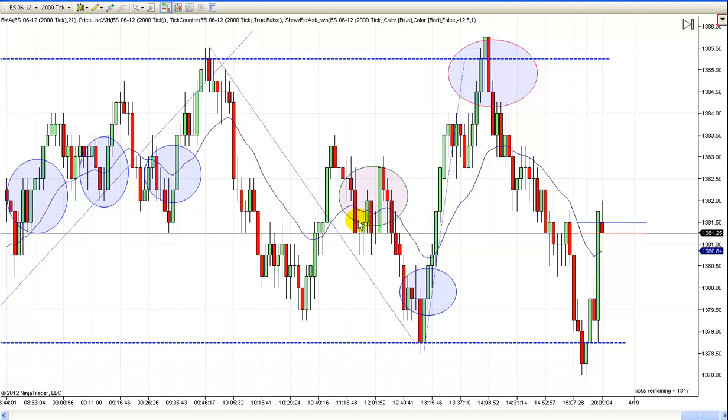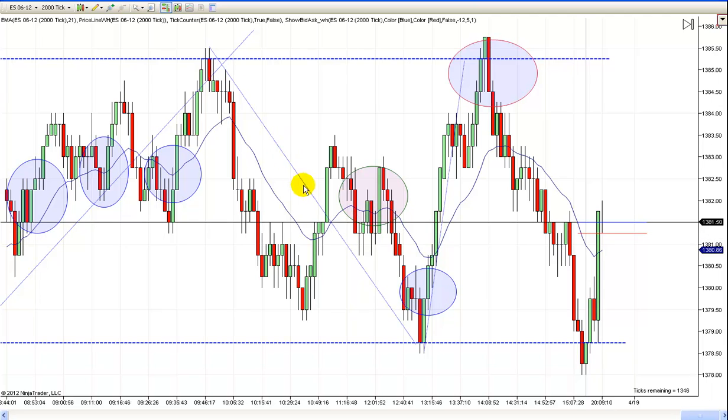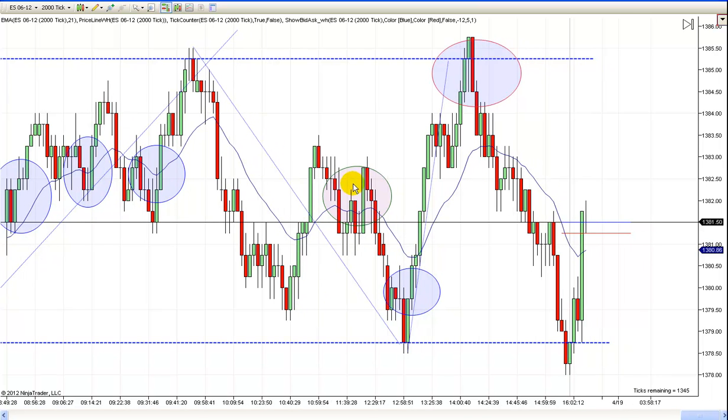If you entered right here, because we got all those overlapping bars and a couple of dojis, it's really suspect. And if you were paying attention to your trend lines, you would have realized we didn't have a new low. We hadn't even really tested the trend line yet. So this was a failed second entry long that gave you a trap. So going short right here was